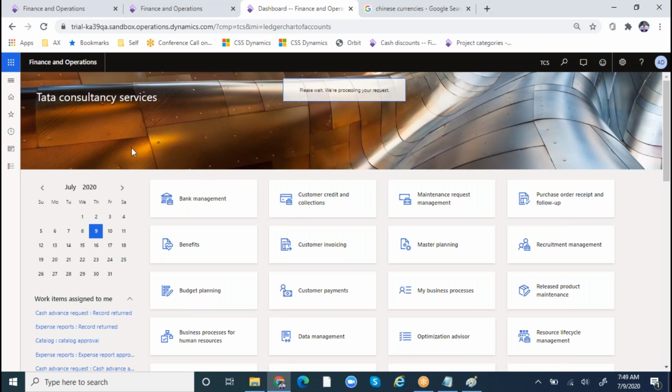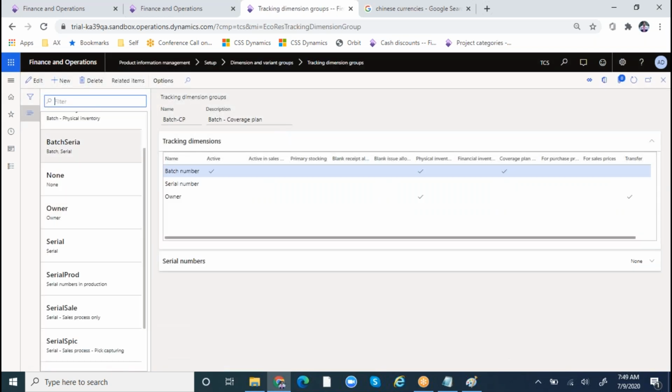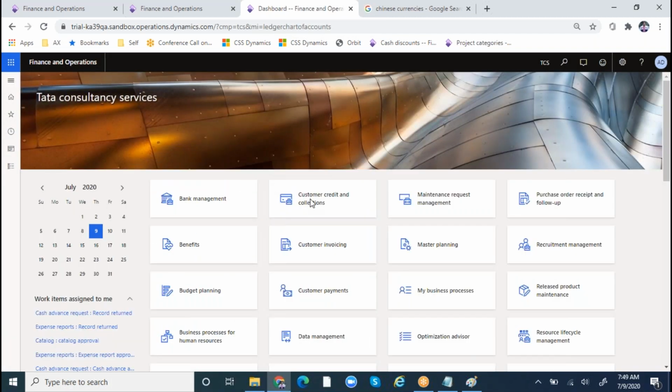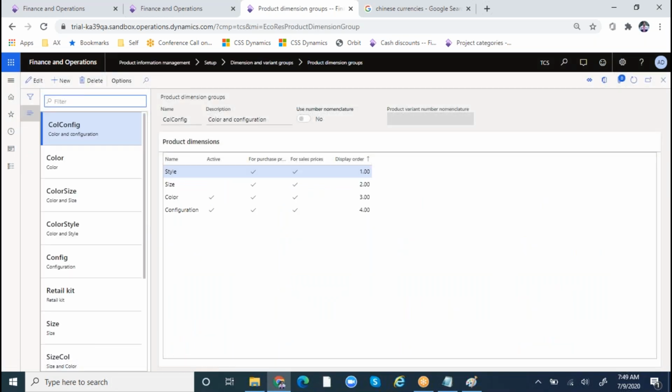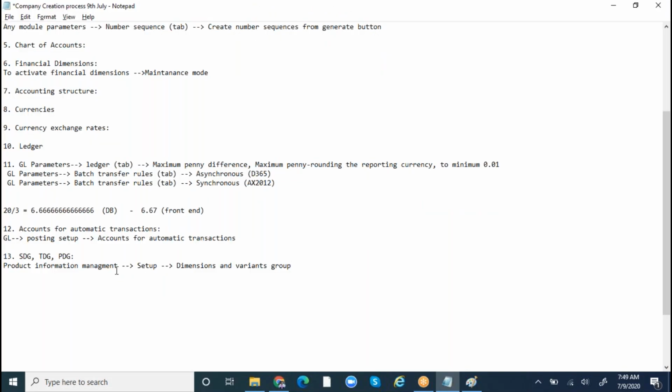But if you have taken a fresh license from Microsoft through partners, you will not find these things, and you need to create these dimension groups. It is your responsibility. Because it is enterprise level data, that is the reason it is coming. Next,